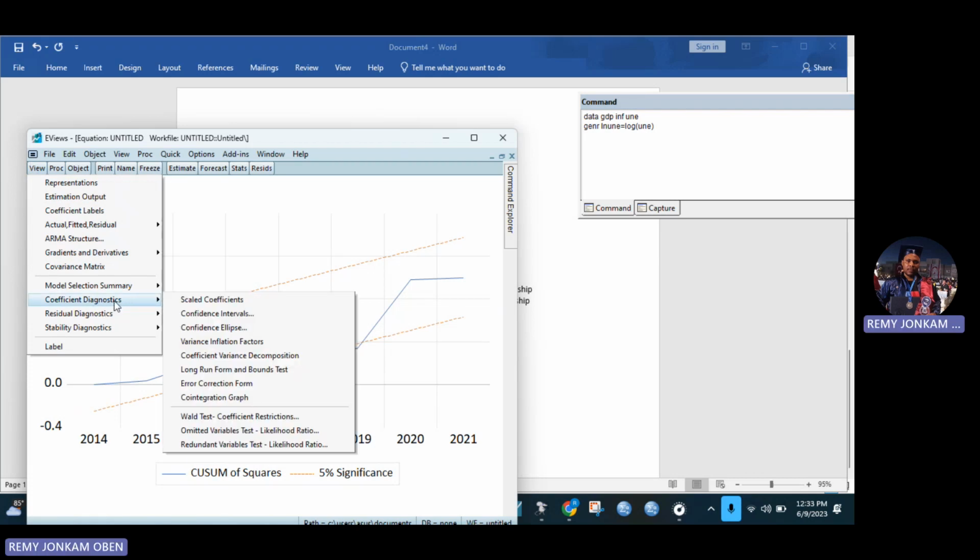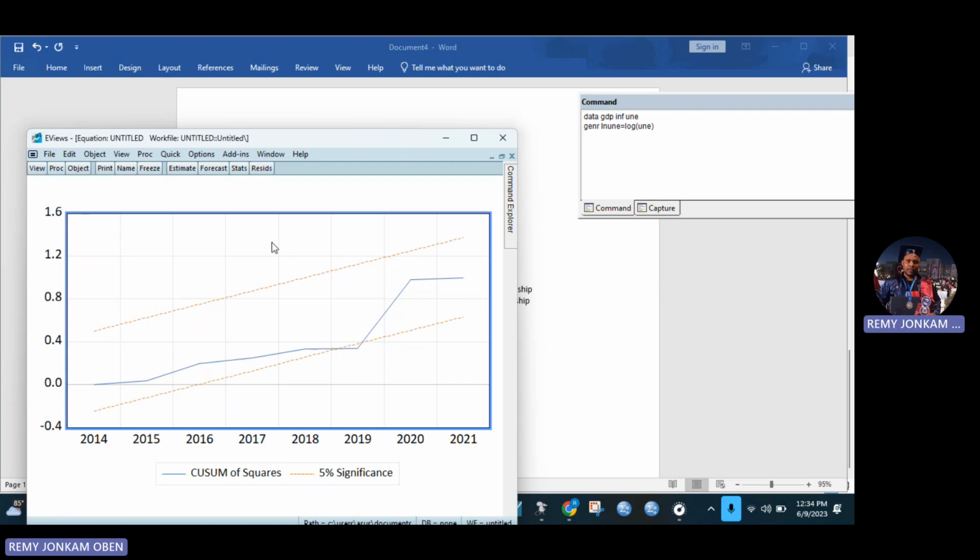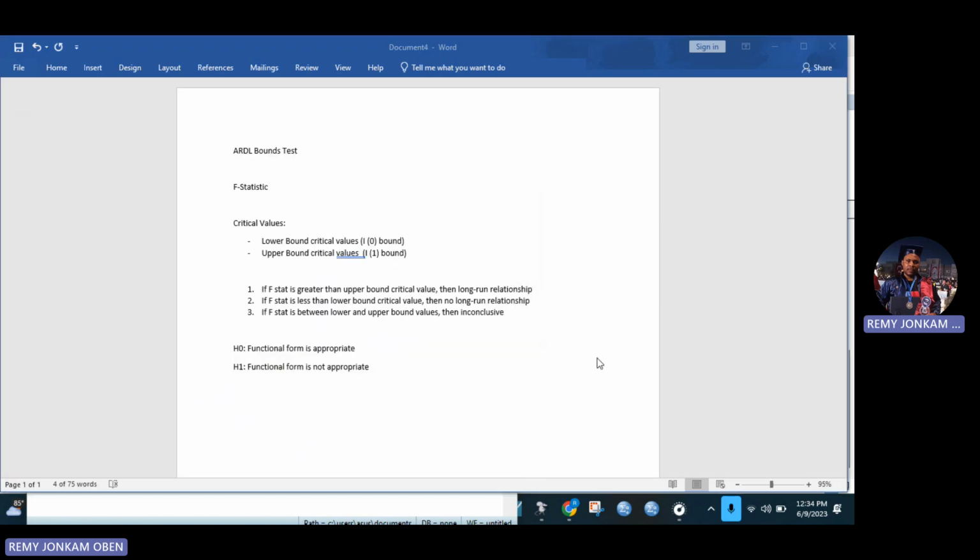I've shown you coefficient. Let me see, is there anything I should show you? No. Residual diagnostics. We have done stability. Okay, so that is it. So just to summarize everything,